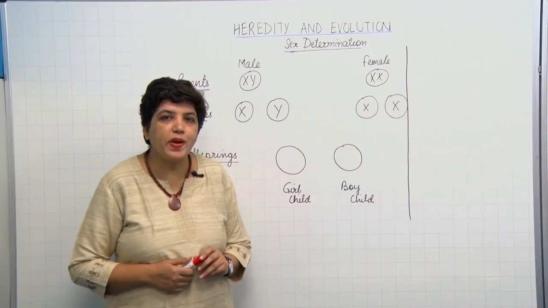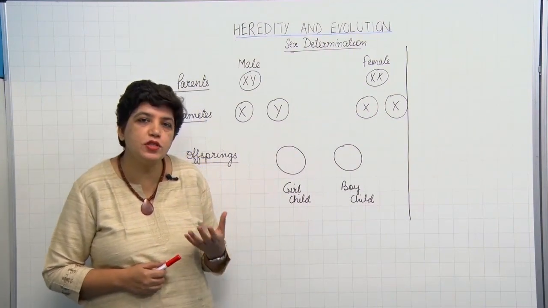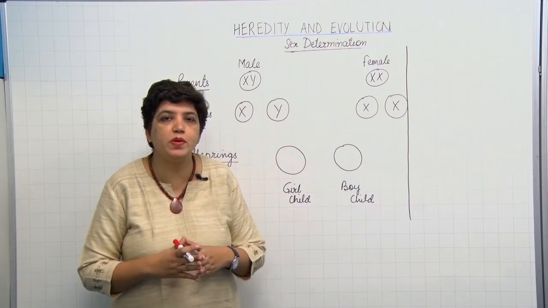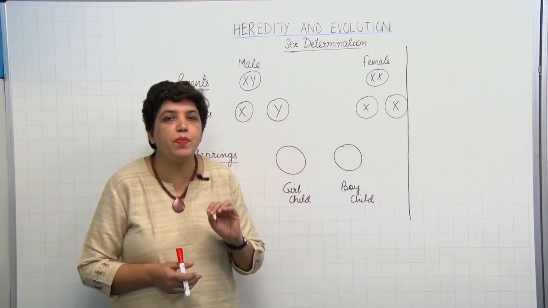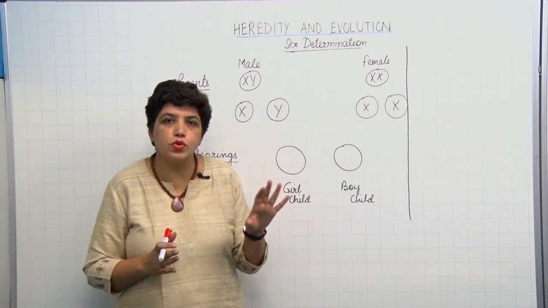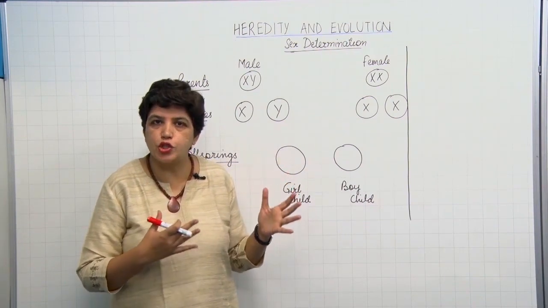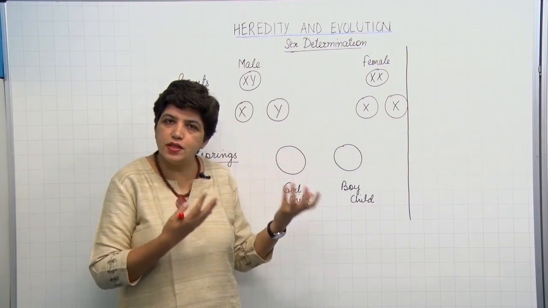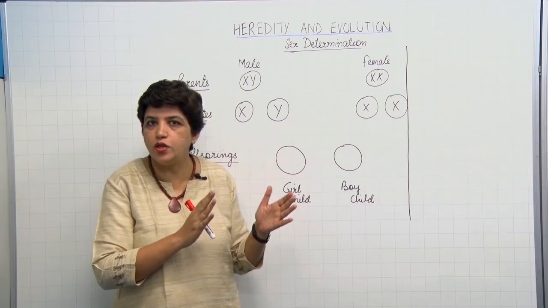Students, the next topic under heredity is sex determination in humans. Now, whether the child will be a girl child or a boy child, this sex determination in human beings is genetically controlled. As you know, we have 23 pairs of chromosomes. Out of these 23 pairs, 22 pairs of chromosomes are called autosomes. They control the normal functioning of the body, like the characteristics, the external features, or the other systems, digestive system, respiratory system. They are controlled by the other 22 pairs.